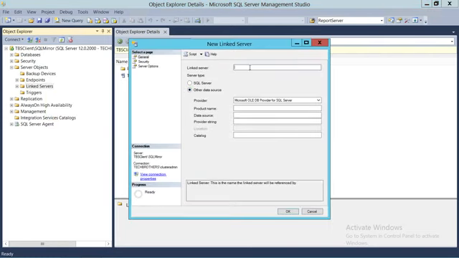Now, the first thing that you need to do is name your linked server, which I'm going to do as prod. There are a couple of ways you could do that. If you're connecting from this SQL Server instance to another SQL Server instance, the best way to create a linked server is to click on SQL Server right here, and all these choices will be gone, and you have to provide the linked server, basically the name of the remote server instance. In my case it is Tech Brothers SQL